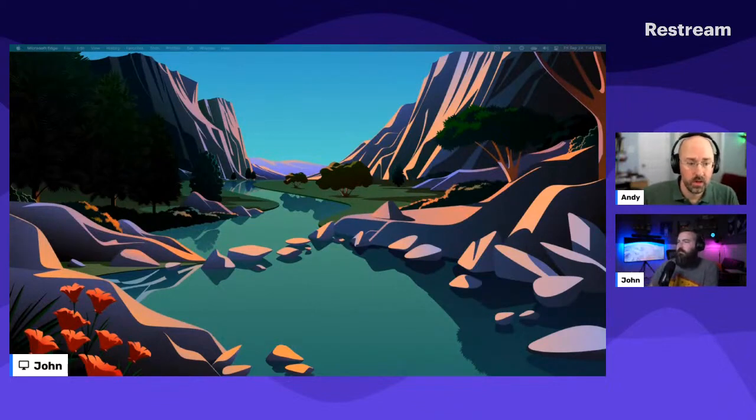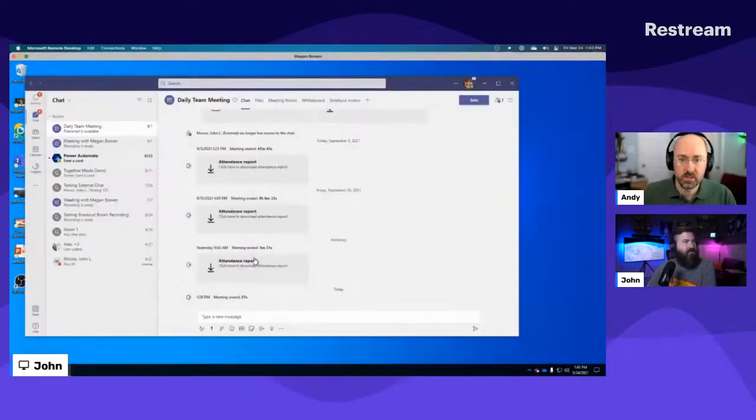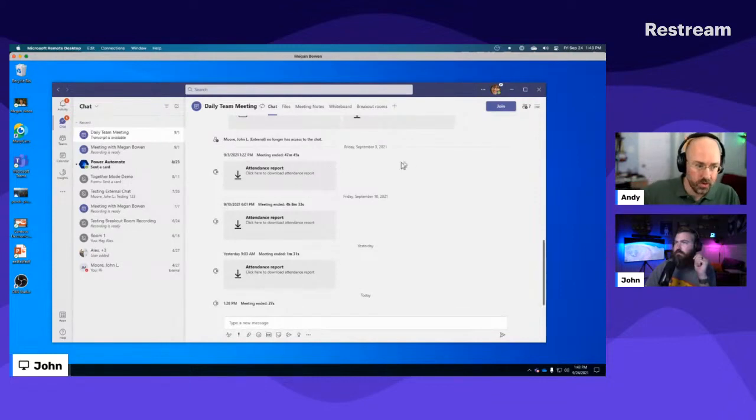So I'd like to start in Teams, just out of the box, a little bit about what you get from there. We'll talk about what you can and can't do inside of Teams, and then maybe we'll transition over into, let's add an extra layer to it through tools like OBS and webcams and whatnot. So I'm going to jump into that.